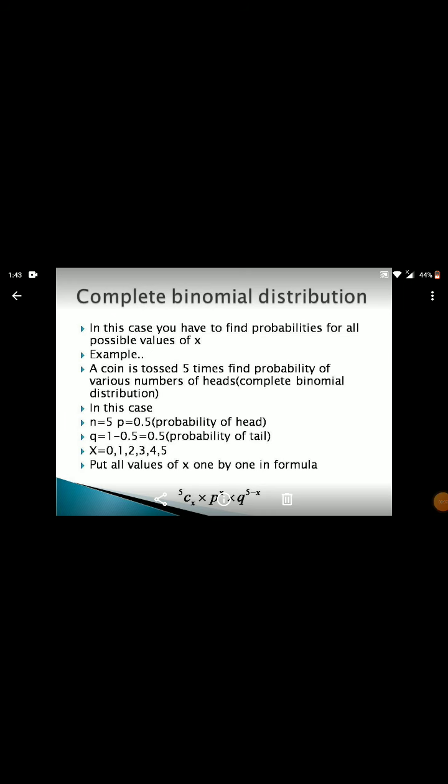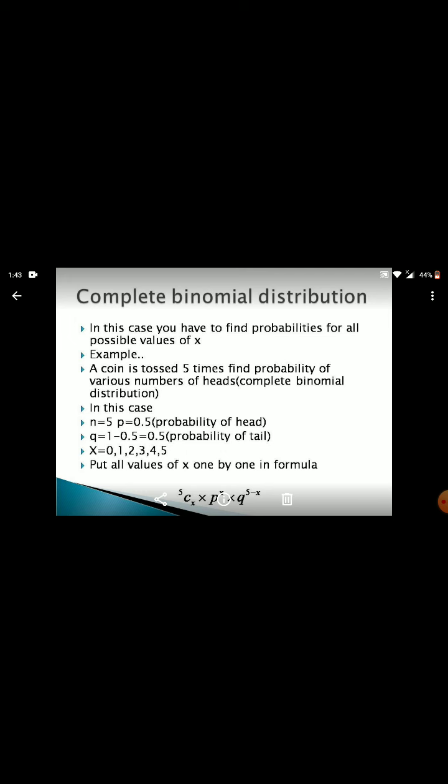We were discussing complete binomial distribution. In some cases, it is not mentioned what is the value of x. In this case, you have to find the probability for every possible value of x. जैसे आपको लिखा हुआ है कि find various number of something or find complete binomial distribution and x is not given over there. In this case, what you have to do, you have to find the probability for all possible values of x. As I was discussing in previous video,